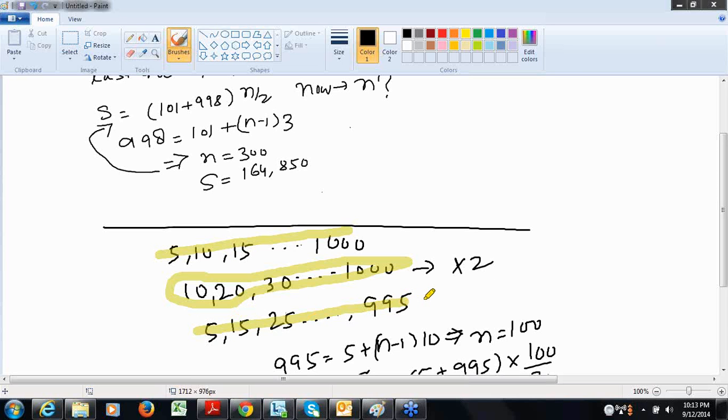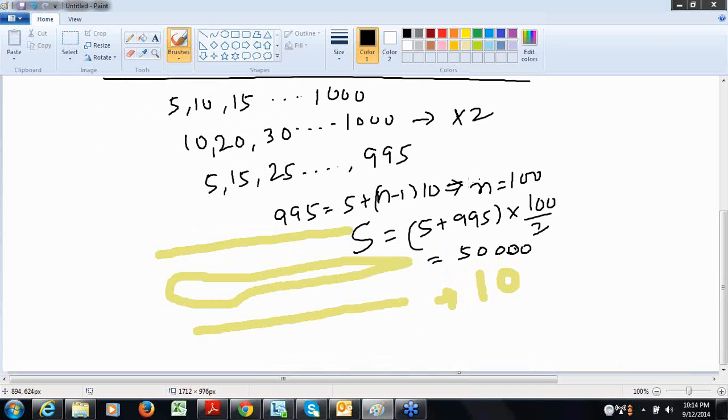So the common difference here is what? The common difference here is 10. The first term is 5, the last is 995, and the common difference is 10. We have to find out the sum. So how do we find out the sum? 995 is the